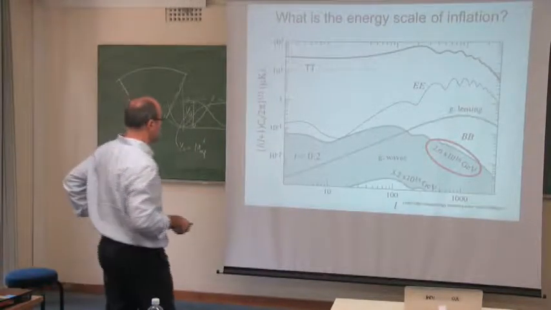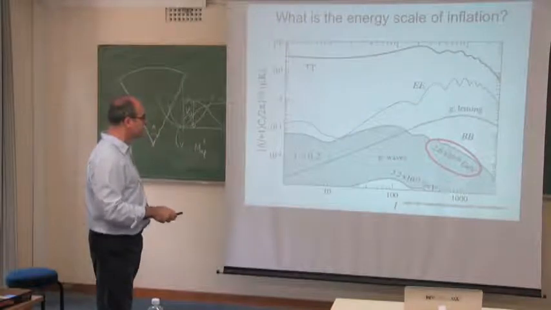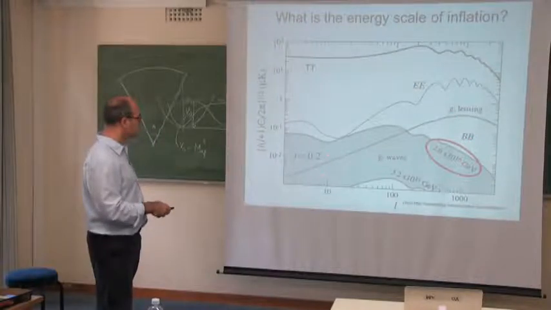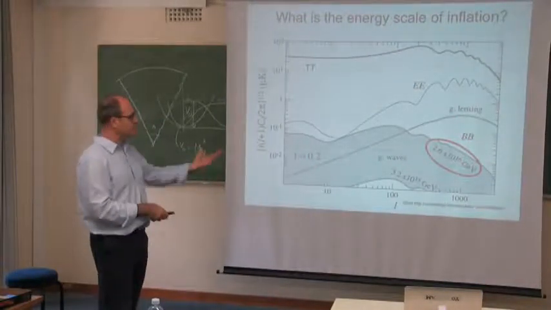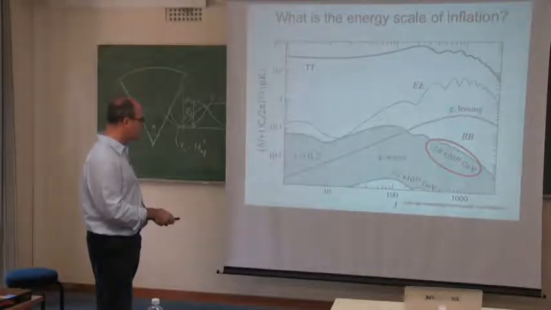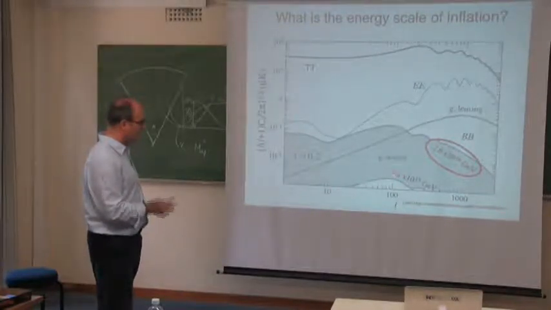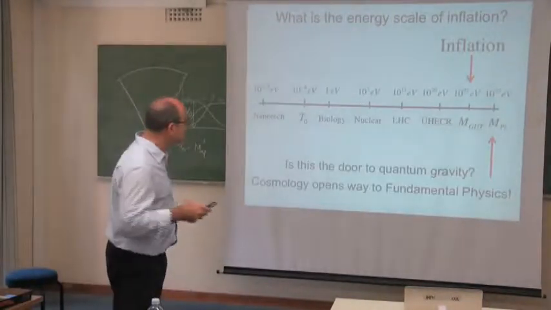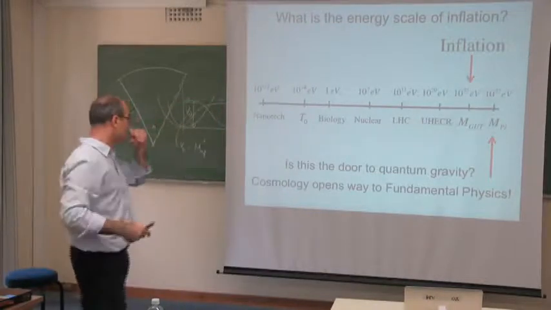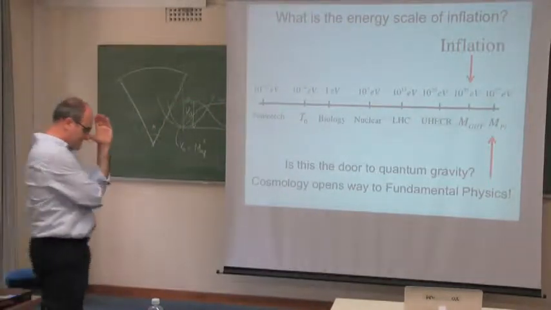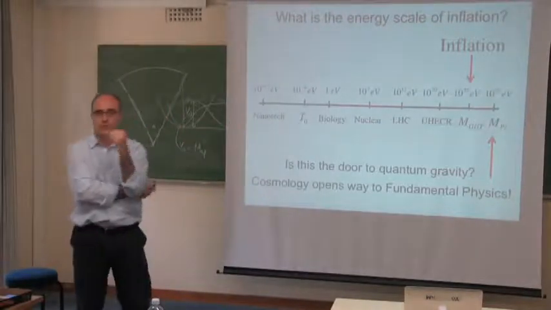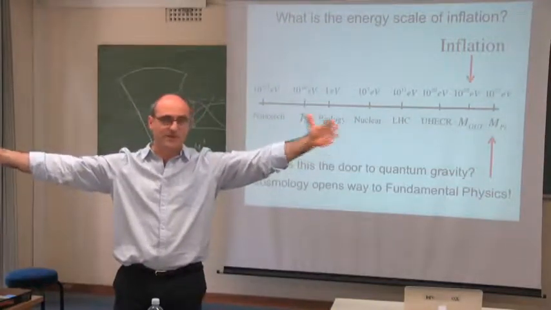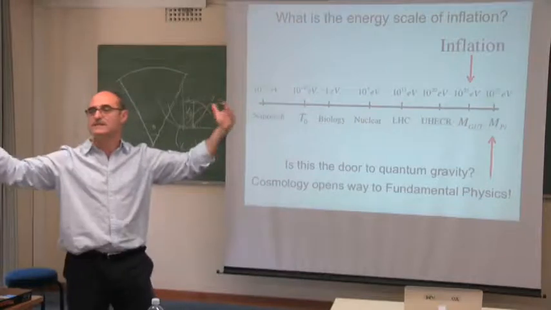Otherwise I won't finish. The scale of inflation is going to determine whether we observe or not the contribution of gravitational lensing of the E mode into the B mode. It's clear that if r is 0.2, then we're talking about a huge scale. But r could be 10 to the minus 3 or so, and it could be a much lower scale. What would this tell us about what we understand of the universe? Physics is one of those few areas of science where we have tremendous control over a fantastic number of orders of magnitude. Very few scientists are able to have this multi-scale reach.